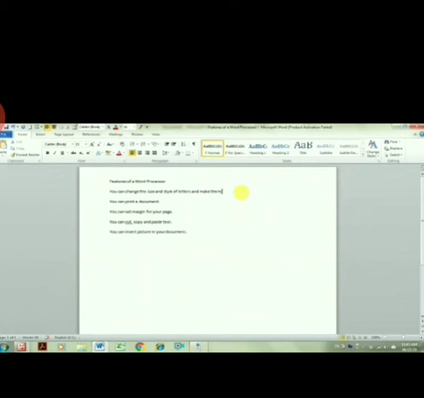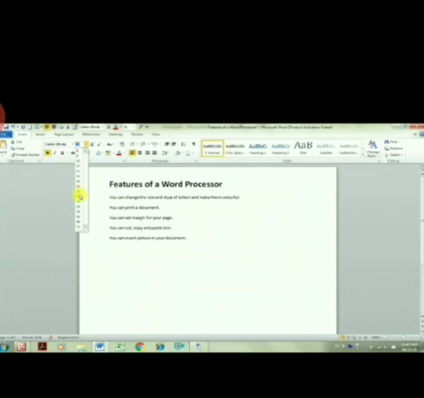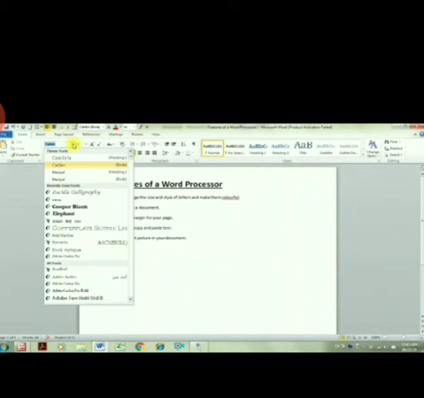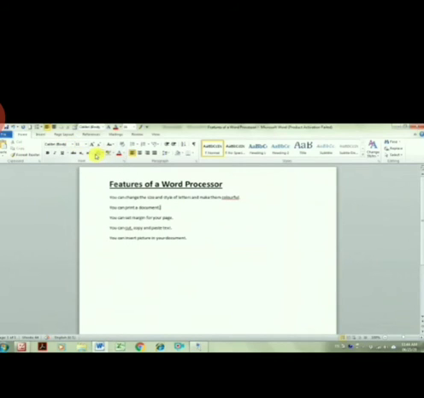Now, how can you format the text? For example, this is my headline. I want it in bold. Select that particular line and click on Bold from the Font group. You can change the size from the font size; you can give the desired size. I want the particular things to be underlined. You can make it italic, underline. You can change the style of your font using the font style, and you can give colors to your text also. It all comes in formatting a document.